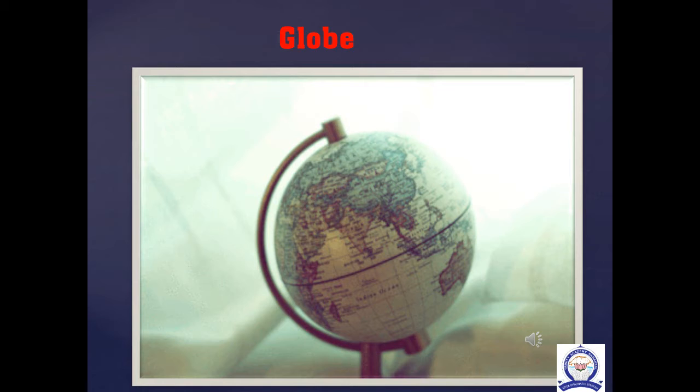Next, we can see about globe. We live on the planet Earth, which is found third from the sun. Since the Earth is huge and we live on a very small area, we are not able to see the Earth as a whole. But when we travel to space, we can see the Earth as a whole. So, in order to see the shape of the Earth as a whole and to know its unique features, a three-dimensional model of the Earth was created with a specific scale.